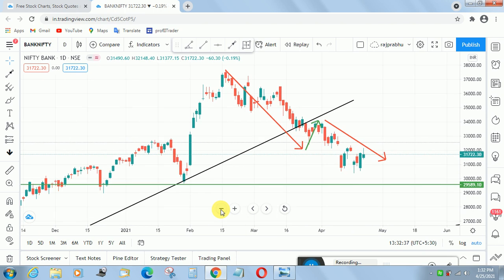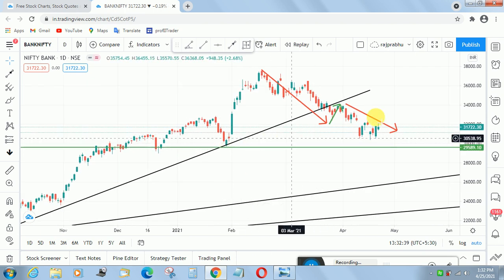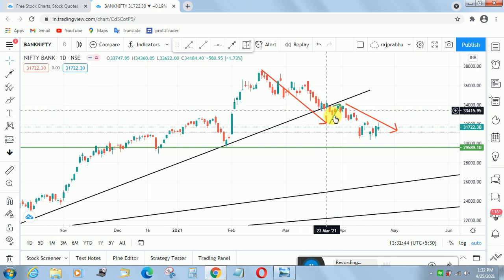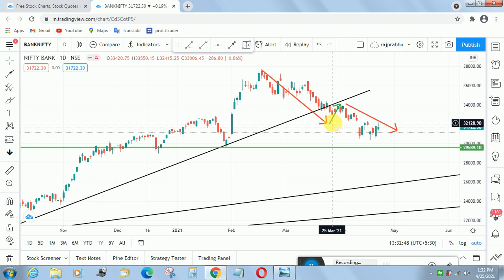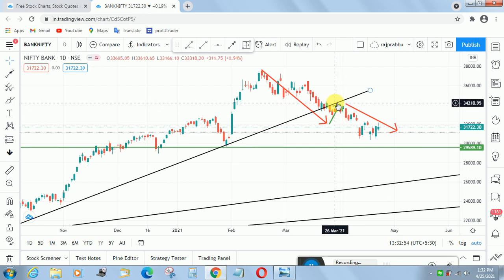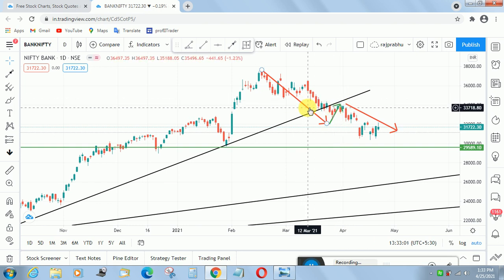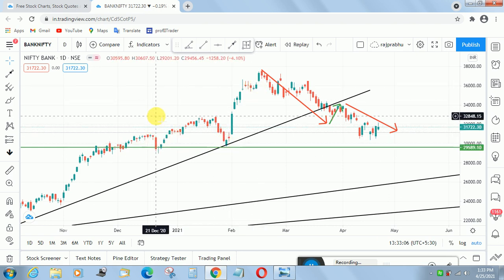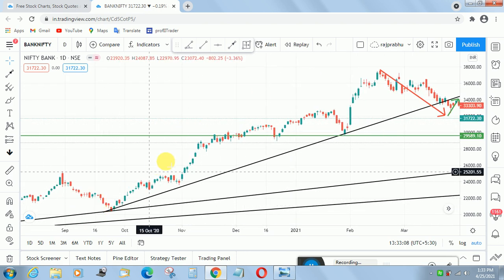What is our target? This is the entry price. See here, the retest. Whenever the price breaks out, many times a false breakout will happen. So wait and catch the price to touch this level, this trend line, because the trend line will react as a resistance. Here the support, the trend line acted as a support whenever this trend acted.